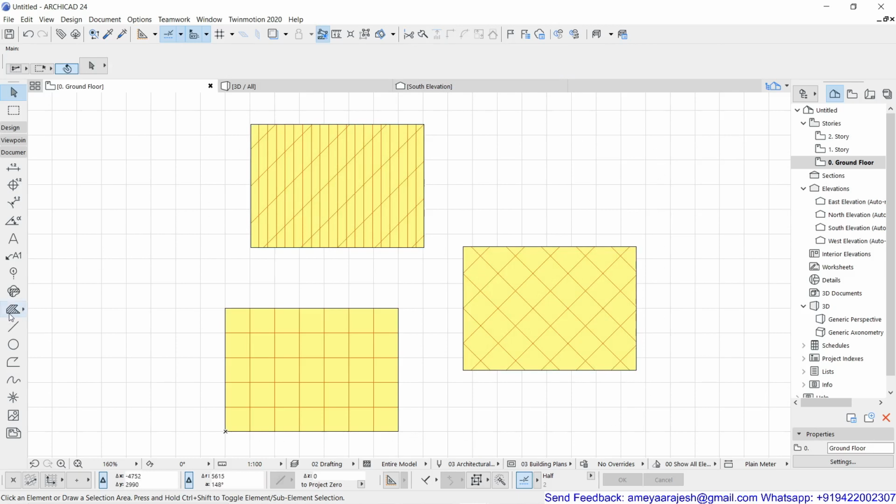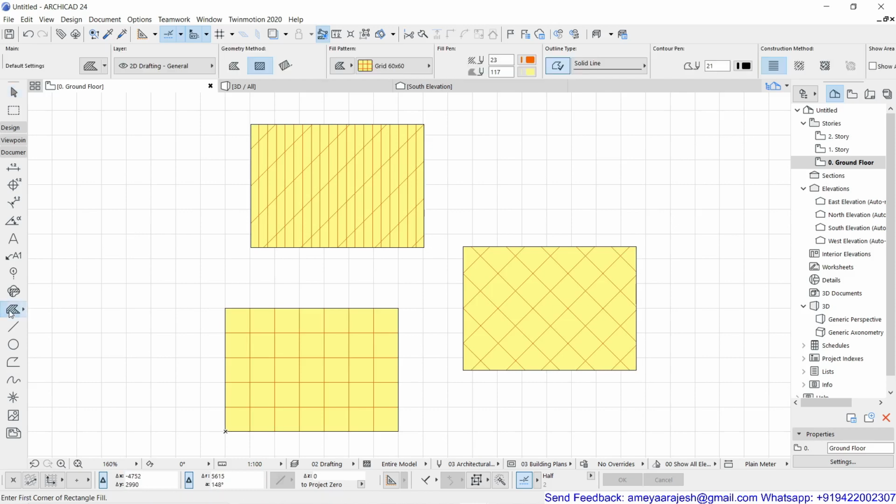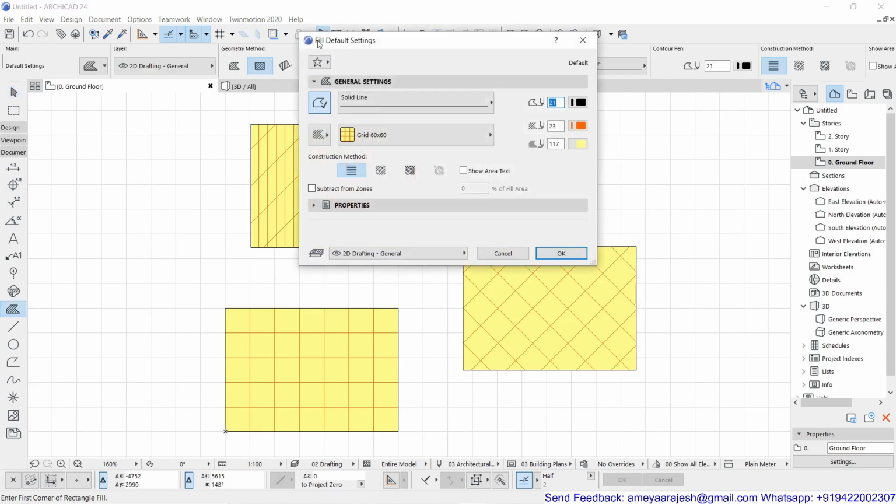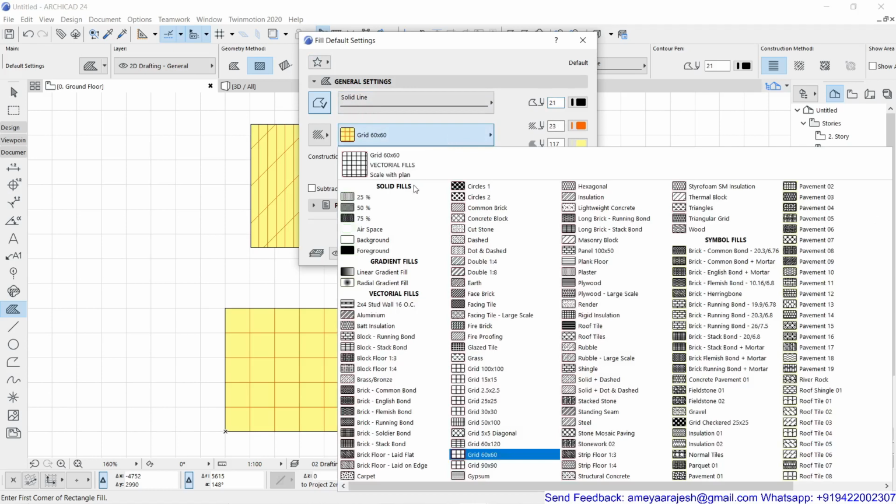But very quickly, what we are going to do, I'm just going to switch back to the default setting. So now make sure I'm not in the selection setting, I'm in default setting. And by keeping all the settings as they are, I'm just going to change this option to the gradient fields. Now remember the solid fields, this category, the kind of patterns which you can get, or the gradient field, the patterns which you can get. Please use them and try to get familiar with them.